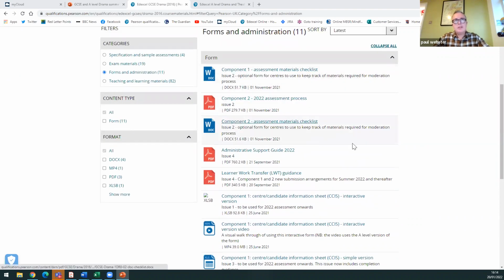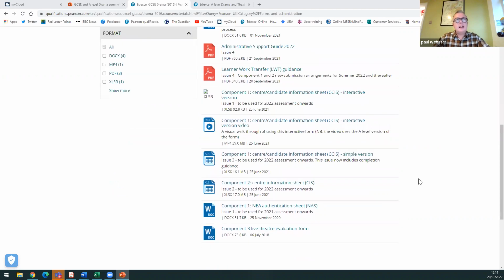So an assessment materials checklist, and the details of the mark forms that you're going to use, the assessment forms for your students. We've got two different versions of the form here for component one. One is interactive and one is simple. So the simple one is basically an Excel spreadsheet, and the interactive one, you put the details in and then it creates a series of kind of word forms that you'll fill in.